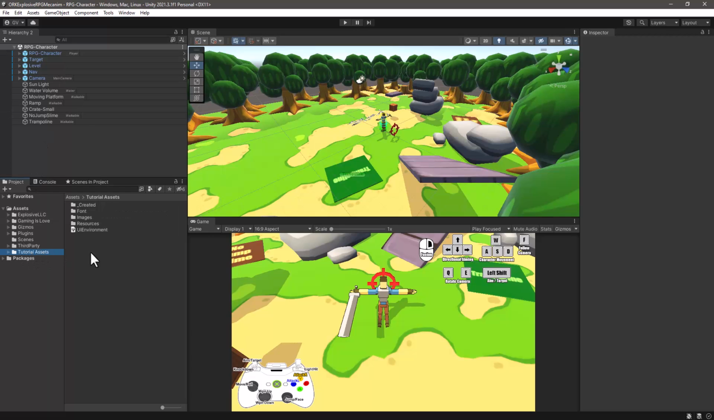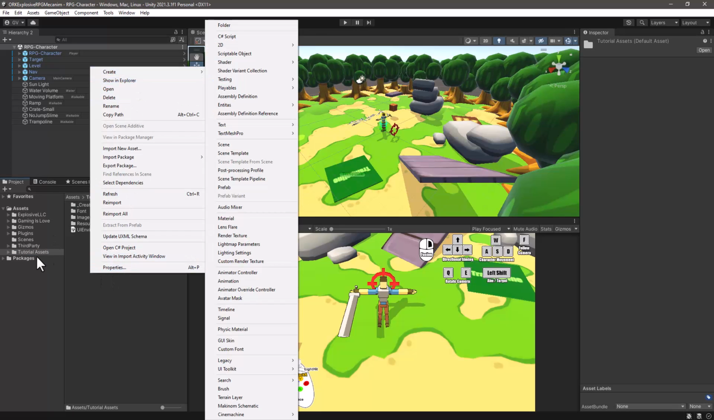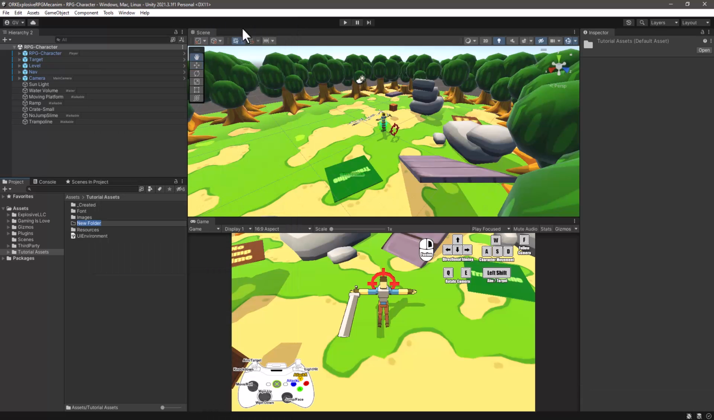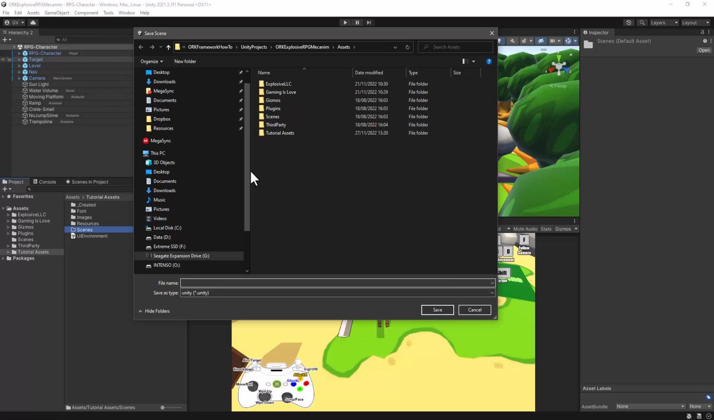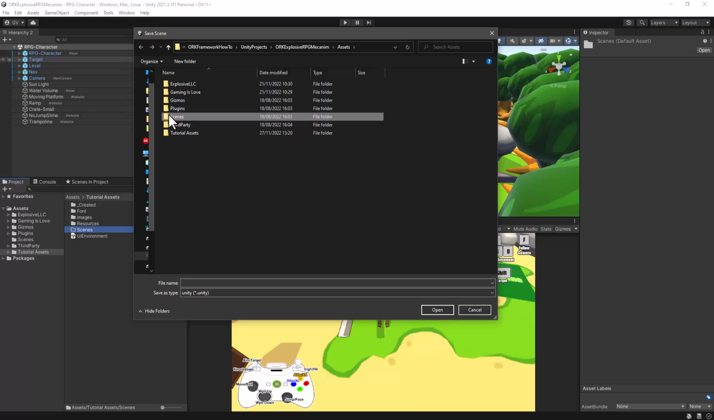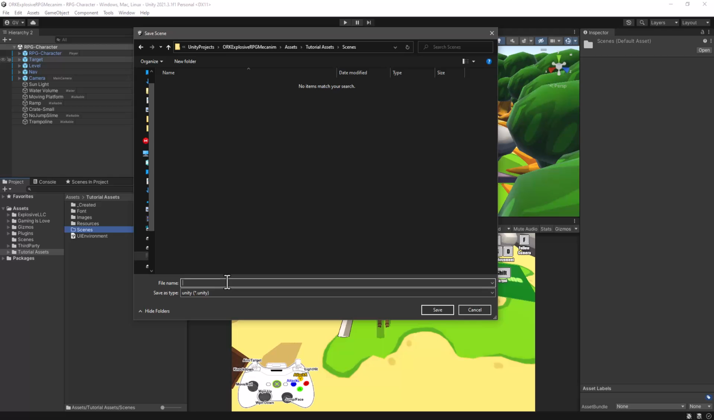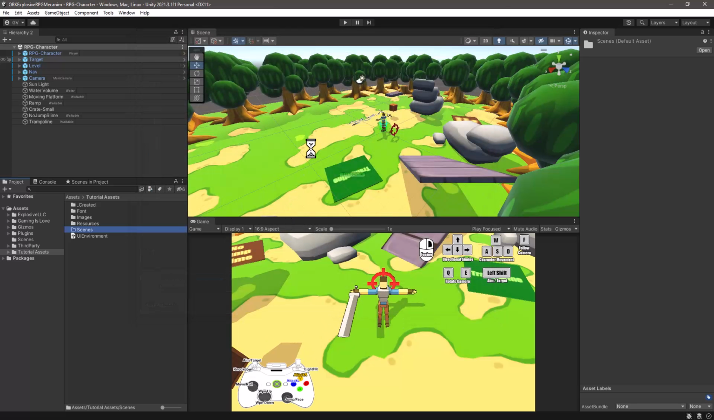The first thing I will do is create a new folder inside the tutorial assets and call it scenes, and I will copy this, save this scene as a copy inside this folder. Tutorial assets, scenes, and let's name this one ORK RPG character. Okay,